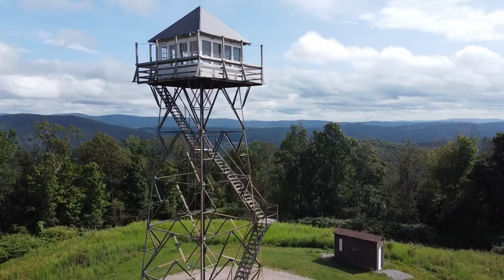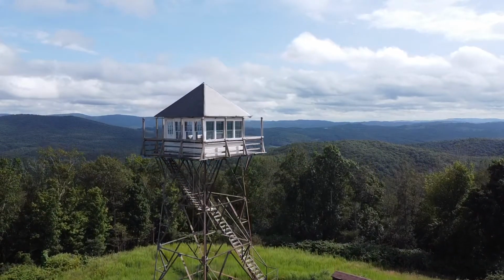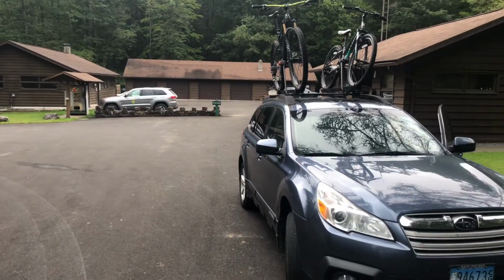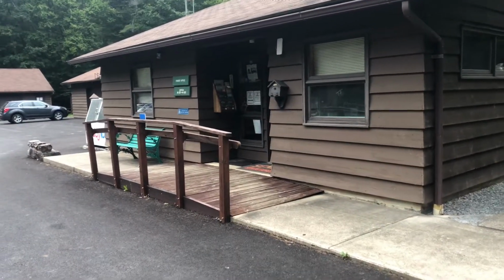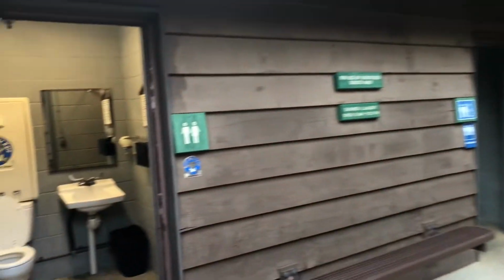The first thing you're going to have to do is stop at the ranger station and pick up your keys for the fire tower. They also sell some small camp items in the store. They also have ice if you need ice, and it's a good thing to pick some up because the station is about 15 to 20 minutes away from